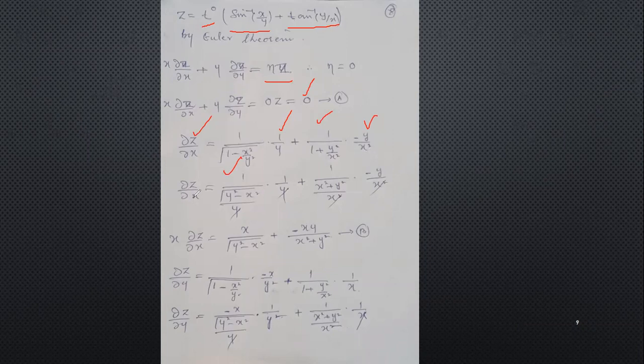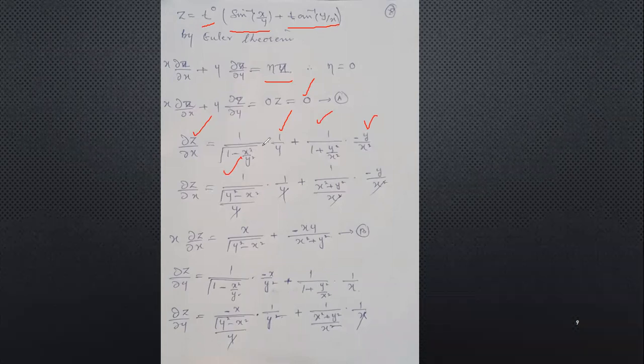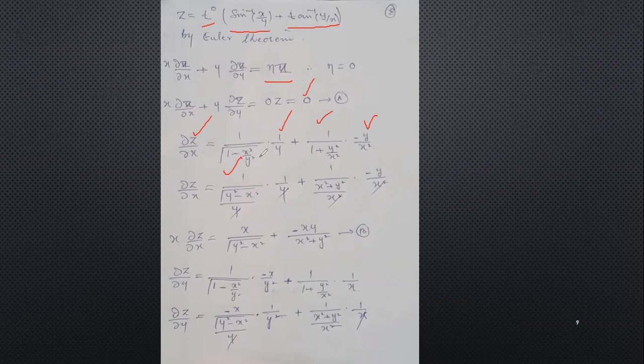Now the derivative of z with respect to x. In the first term on the right hand side, we take the LCM. So y goes here, y square minus x square, divided by y square. We separate the under radicals, 1 minus x square divided by y square. So under the radical of y square, what will we get? We get y. 1 upon y the same. Plus, now we take the LCM. Here we get x square minus y upon x square.